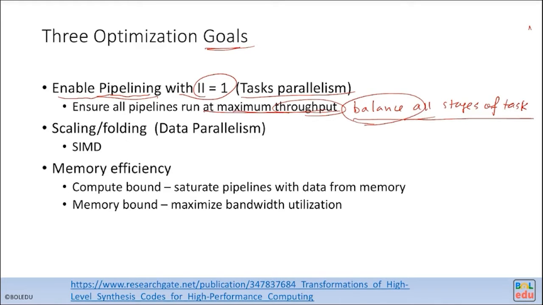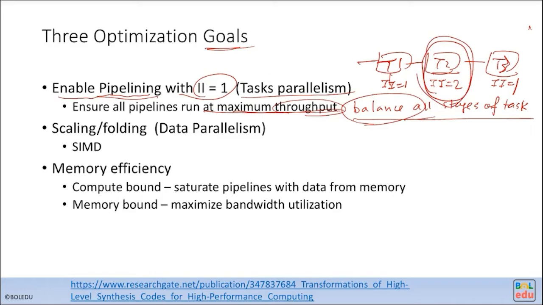For example, you have a task level pipeline going through several tasks, T1, T2, and T3. So this one could give you only II equal 2, and it makes no sense to optimize this one to II equal 1 and this one to II equal 1, right? So you find these things that you have to first focus on this one. Try to push this to II equal 1. Or this